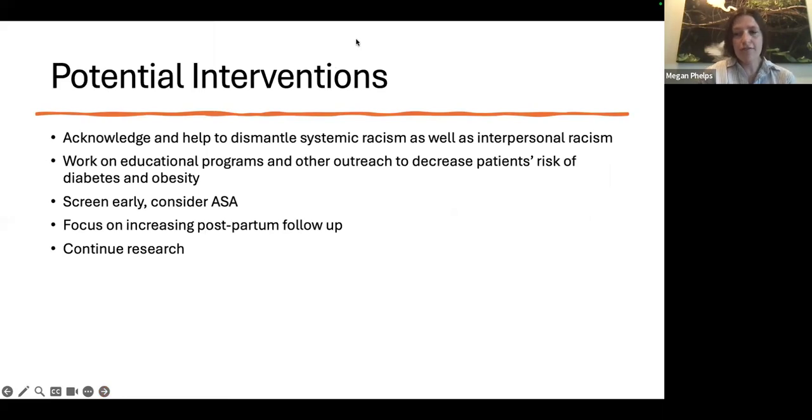Here are some potential interventions. This was partially from me, partially from the Preeclampsia Foundation, which in 2020 created a group to try to combat some of these problems. First is just acknowledging and trying to dismantle systemic racism and interpersonal racism. They talked also about representation in medicine and having doctors that look like you and have shared lived experiences with you can improve outcomes. Working on educational programs for patients, thinking about screening early and considering aspirin in your pregnant